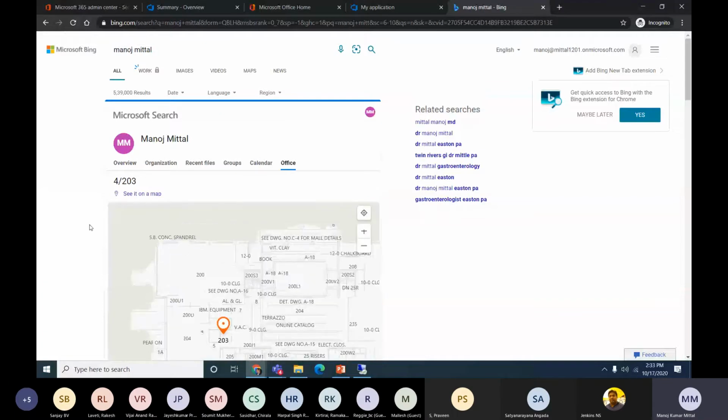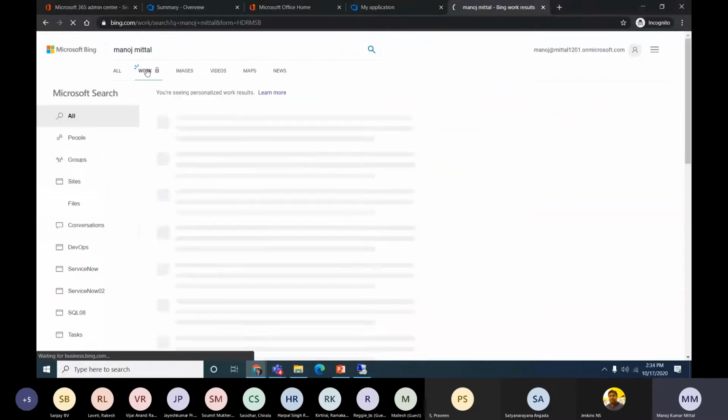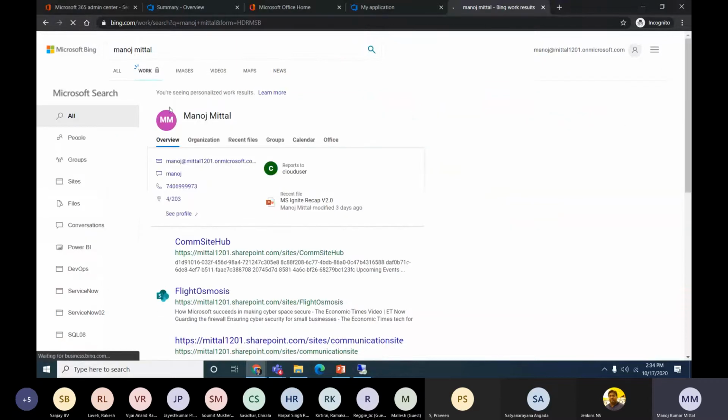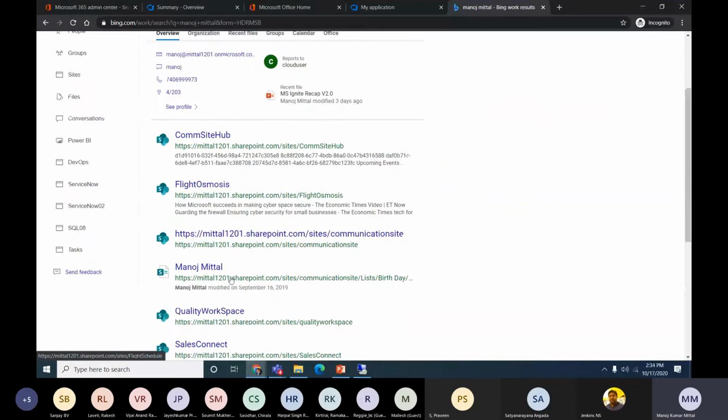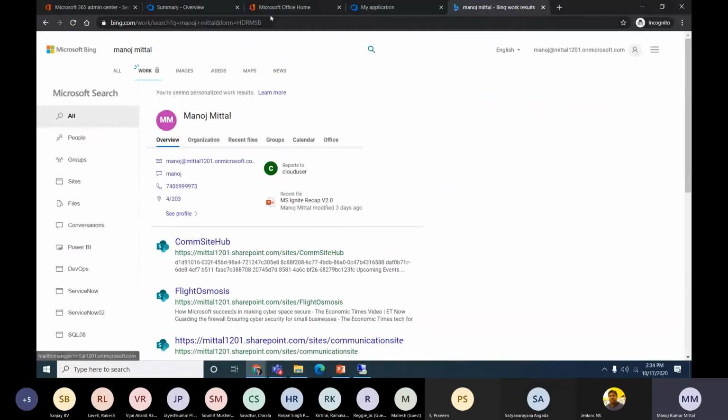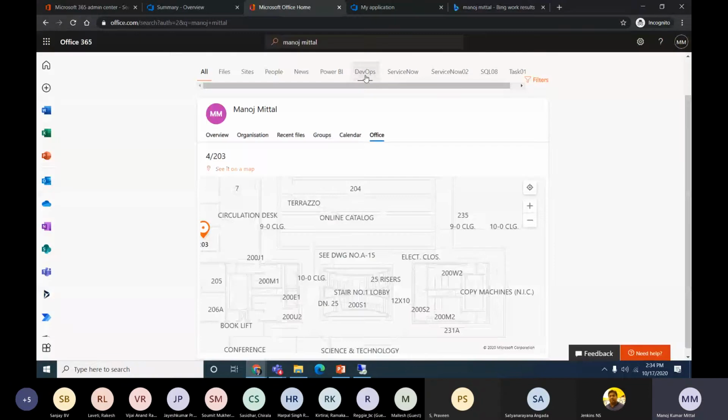And if you need to search our organizational content, this tab is for the organization. Once we click on Work, it will show all the data related to work, and all the custom connectors I use will start appearing here, and what recent files I'm working on, and what sites I'm working on, all start appearing here. So the DevOps sections, okay.